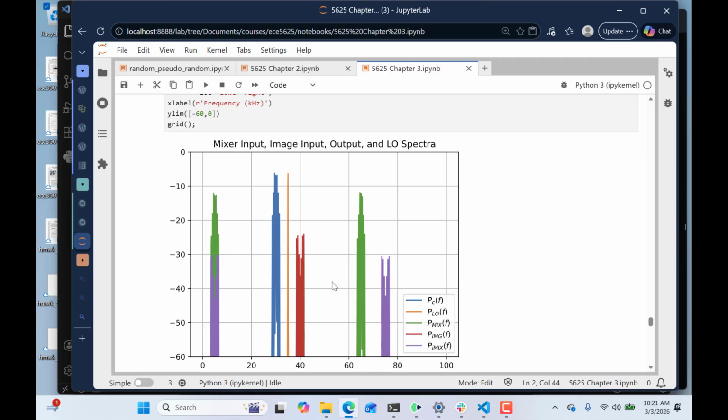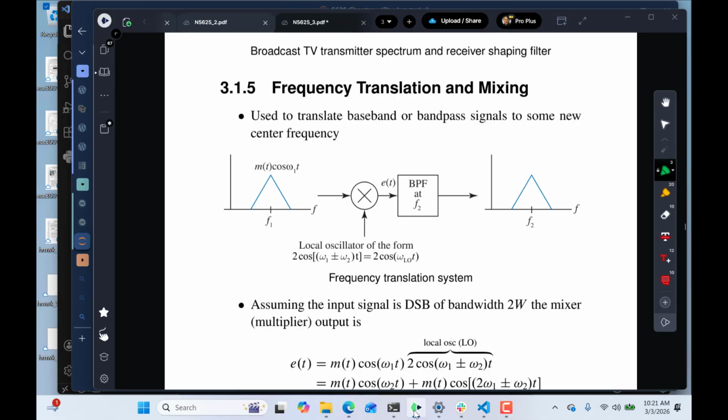So if there was another station sitting up above my carrier or local oscillator by the same amount that the signal is below, it will translate and land right on top. So we have to use filters to keep the image signal from getting in. But then there's always a sum frequency, so there's a difference and a sum. Those are the other things produced in the frequency translator, which will be explored